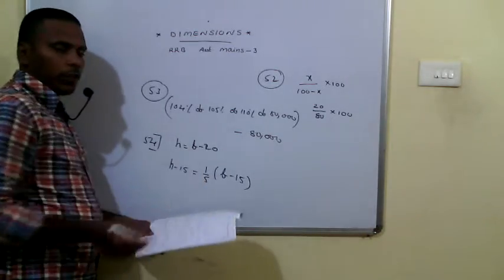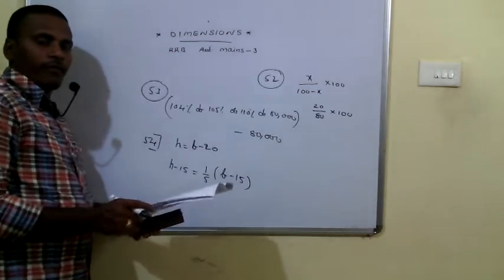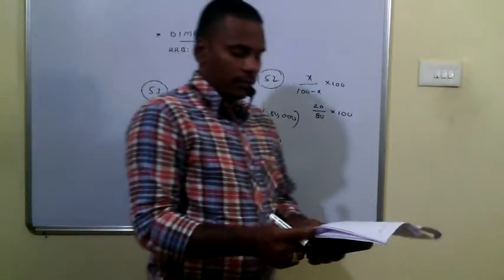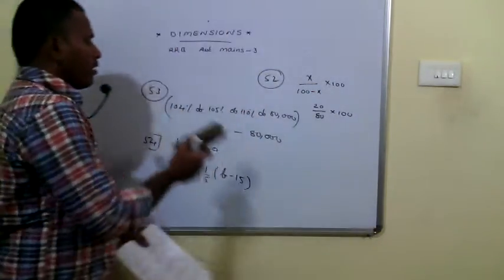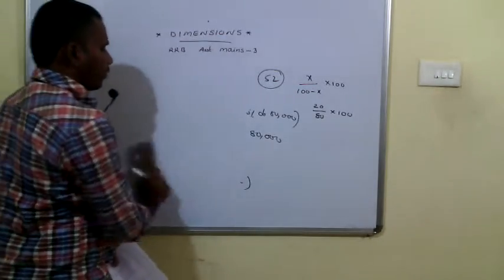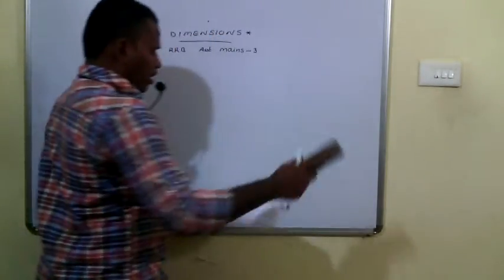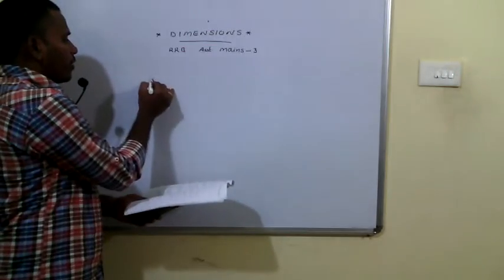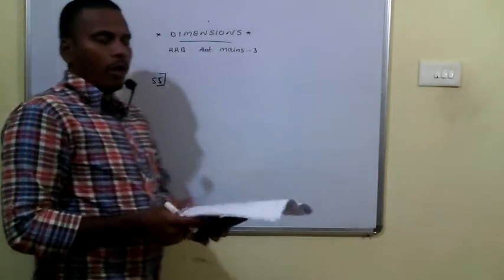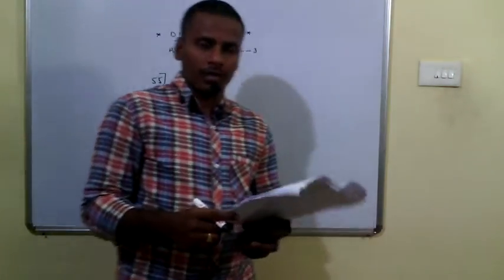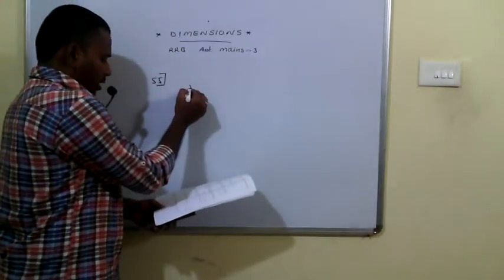So do cross multiplication to get the value of f, nothing but the present age of the father. There you will get it as 40 years. That ends there. Then coming to 55, from 55 onwards we have 5 questions from the equations where we need to solve the equations to get the values of x and y, and then we need to compare.